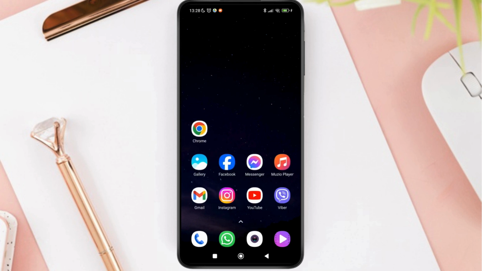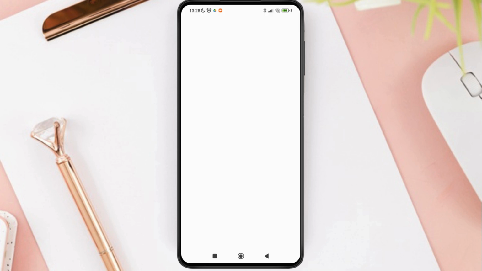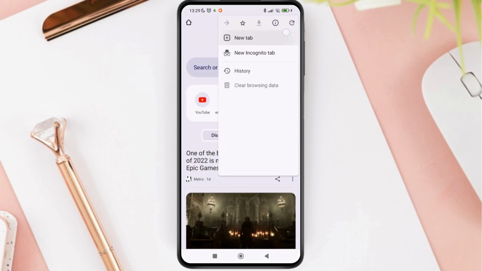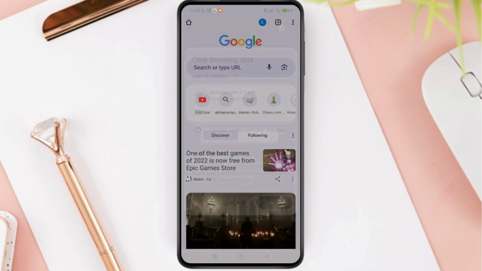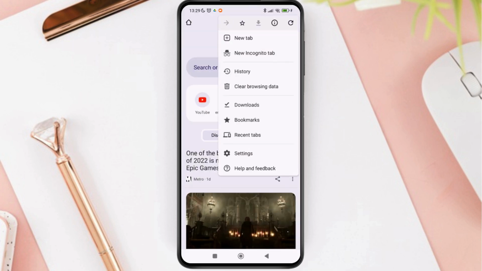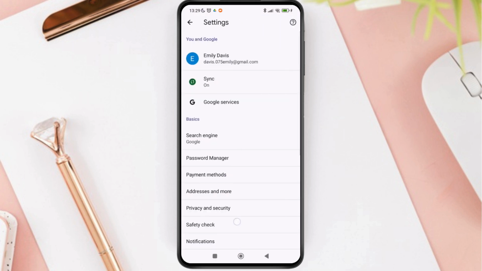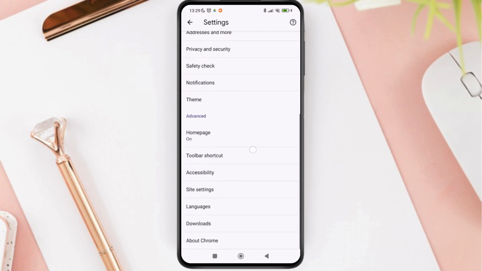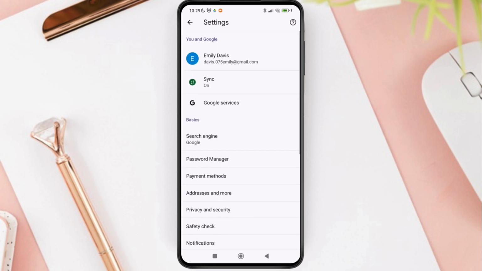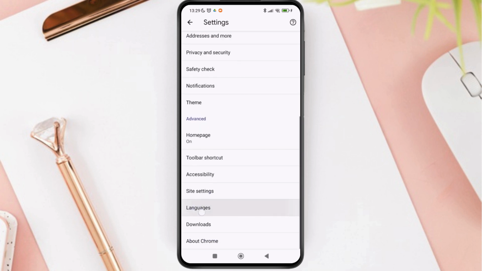Now first of all, go to your Chrome browser on your device and tap on the three dotted lines at the top right corner of the screen over here. Then here you can see the option of settings, so just tap on settings. Now scroll down and you can see different options over here. Now just tap on languages over here,